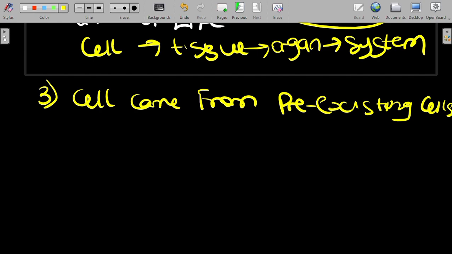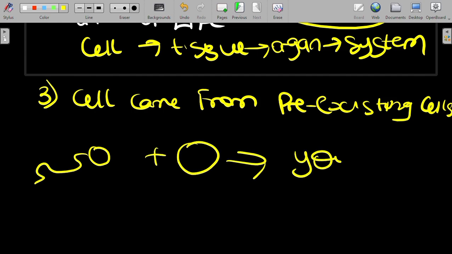Example, in fertilization, the male and female gametes fuse together to form what you are today, meaning that the sperm there is a cell and the egg there is a cell. So when the sperm joins together with this egg, they form you. You watching me now, they form you. When sperm and egg join together, they form a zygote, which is you, which undergoes mitosis and division to form you.